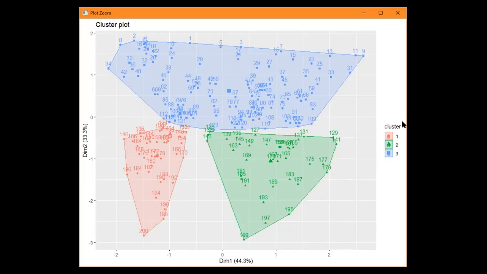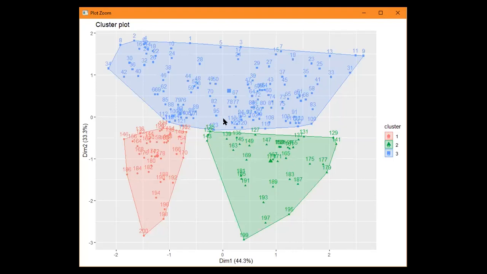Rather you have to consider that clusters 1, 2 and 3 have been denoted by some other sign and color as well. Color is fine to visualize. The 3 colors, red, green and blue, are properly used here, and you can see that the third cluster is the largest cluster and the first cluster is the smallest cluster.